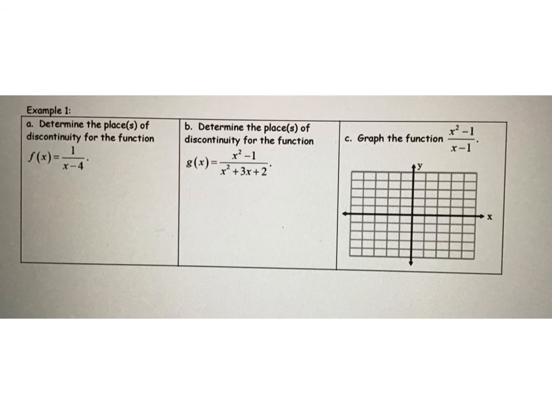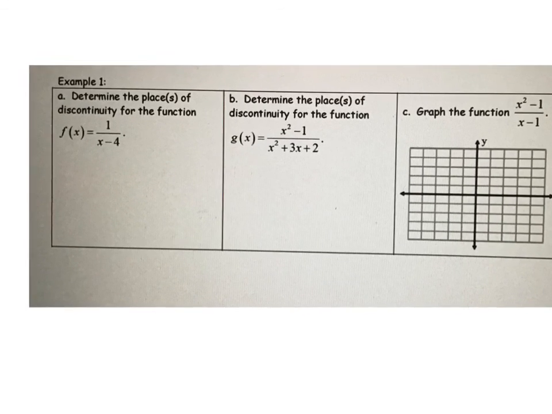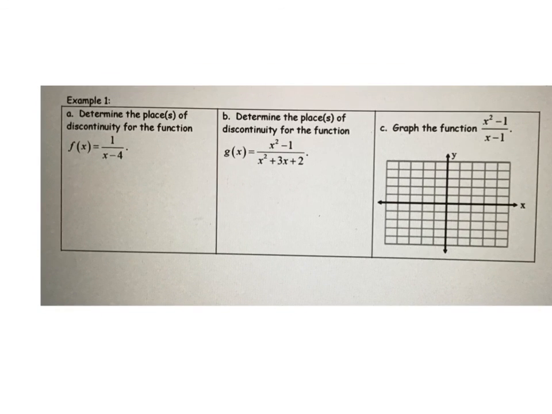Okay, so next let's practice finding those discontinuities as well. Determine the place of discontinuity for the function. Remember with discontinuities we have either a hole, a jump, or an asymptote. Well, a hole happens when we are canceling anything. So let's look at our rational expression, 1 divided by x minus 4. Notice we don't have any quadratics at all, so we're not going to be canceling, so we don't have a